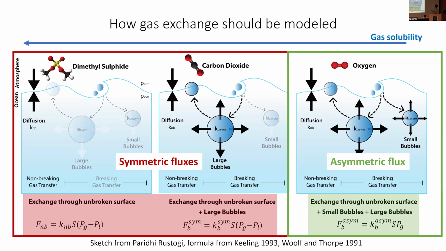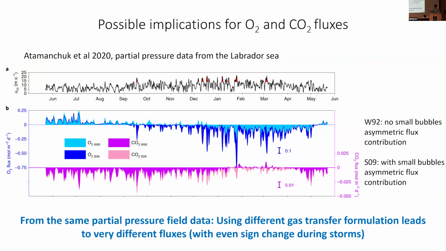And the thing to keep in mind is that this is going to be important depending on the solubility of the gas, because it's going to depend on how far you are from saturation and how much time it takes to equilibrate. So if you are considering very soluble gases like DMS, then you really don't care too much about bubbles. If you go to CO2, then you're going to have to care about the large bubbles. And if you go to something like oxygen, then you're going to have to care about the three pieces of the puzzle. And the paper from Atamanchuk in 2020 illustrated the potential impact of this very nicely